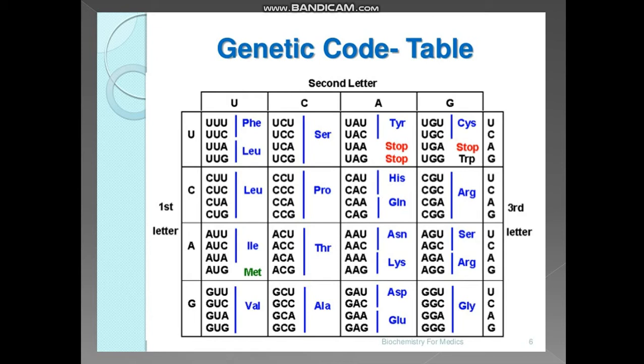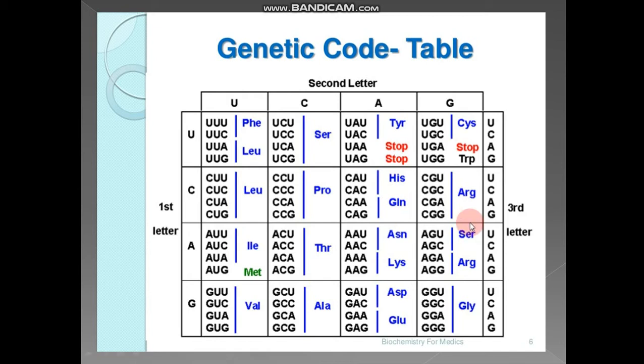So the unique base is methionine and the code for methionine is AUG. That you have to understand. I am talking about the genetic code in the eukaryotes. Clear? But AUG in prokaryotes will be coding for formyl methionine but doing a similar work. Here in eukaryotes, it will code for methionine.